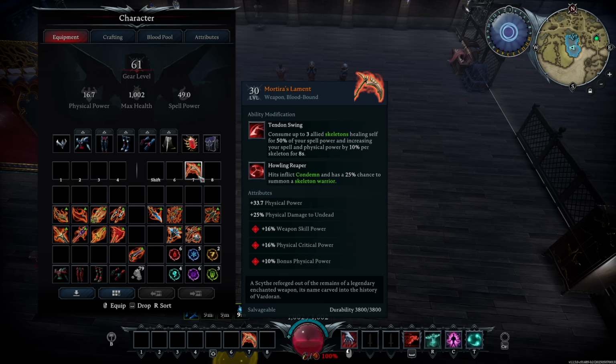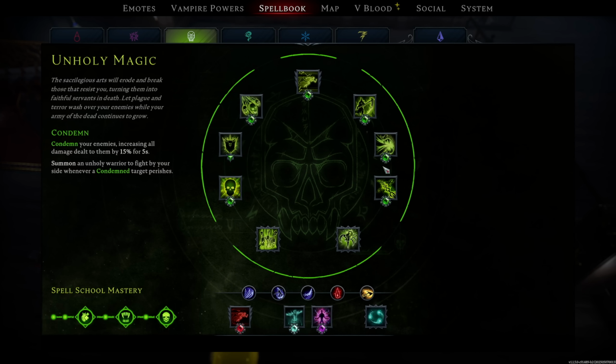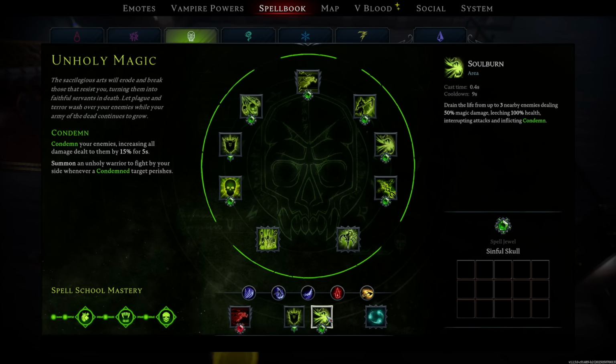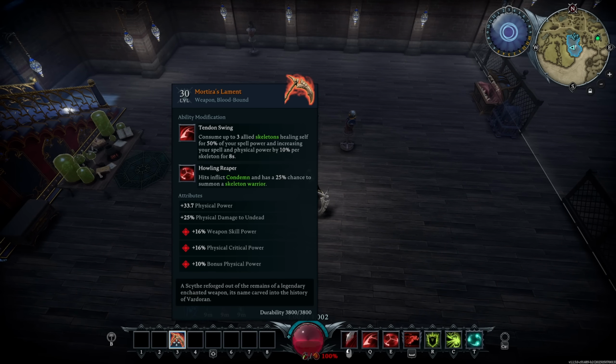And then finally, the humble Mortira's Lament. I love this weapon. It has some really cool interactions for you to consider here. The way that Mortira's Lament works is that the Q consumes up to 3 allied skeletons to heal yourself by 50% of your spell power per skeleton, and increases your spell and physical power per skeleton by 10% for 8